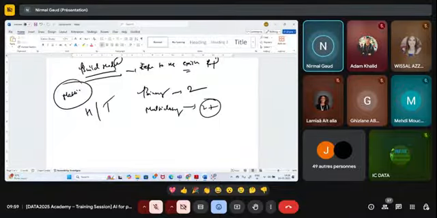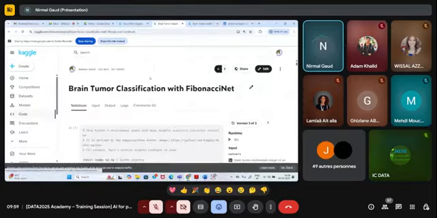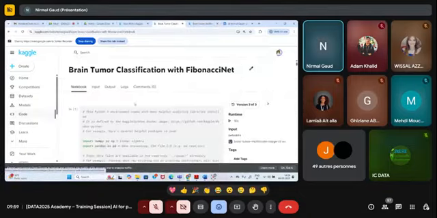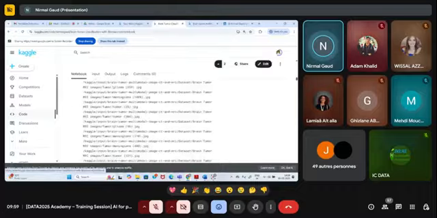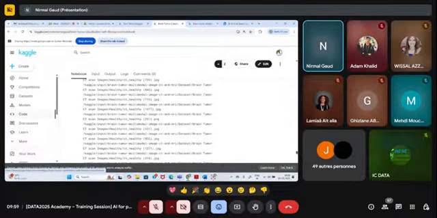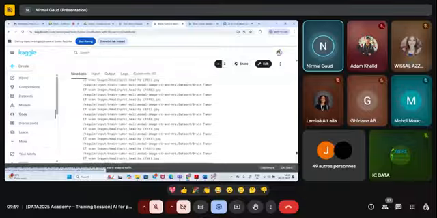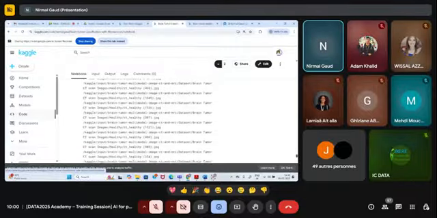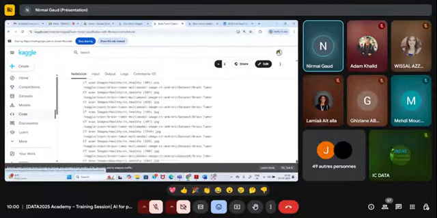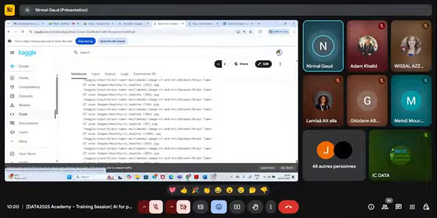So let me discuss the notebook I have prepared. I have loaded the data. I hope you know how to work on Kaggle. Kaggle is a data science website to do projects, where you can get a lot of data. You can get reference codes also, and you can prepare your own codes. That's what I have done here.